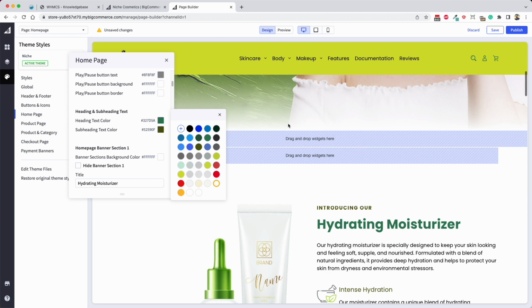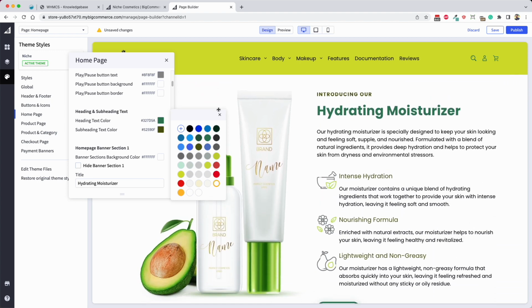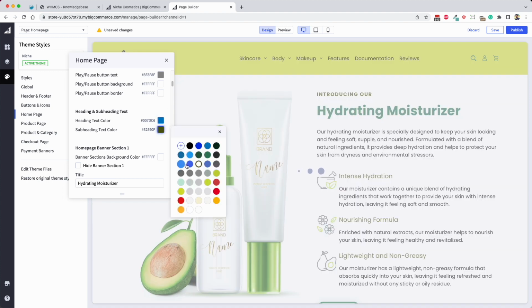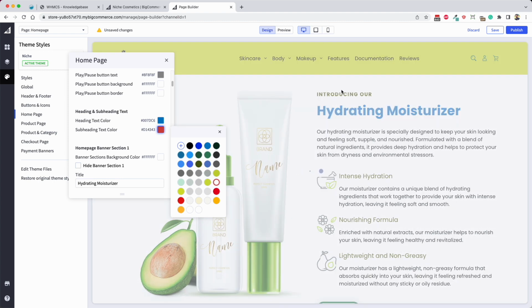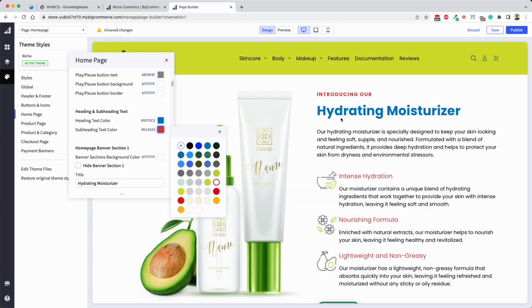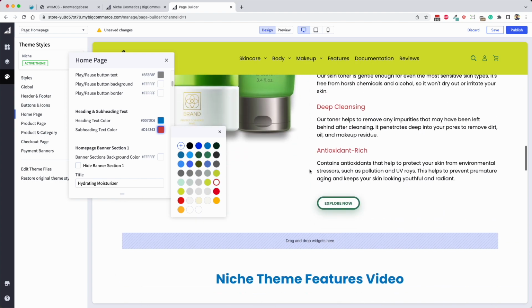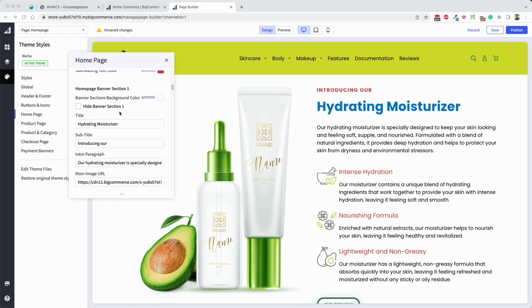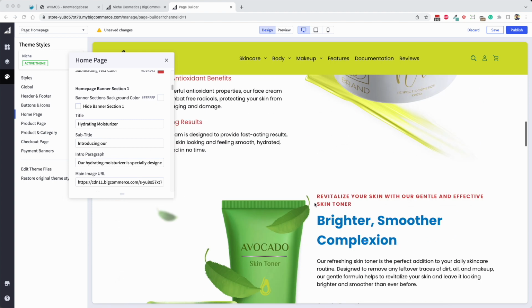Now this is for these sections here. Self-explanatory, the heading text will be whatever you choose from here, and then the subheading text color can be adjusted as well, and you can play with them, and that will adjust those throughout each of those main sections on the home page. So moving on to the banner sections, we have three banner sections, 1, 2, and 3,